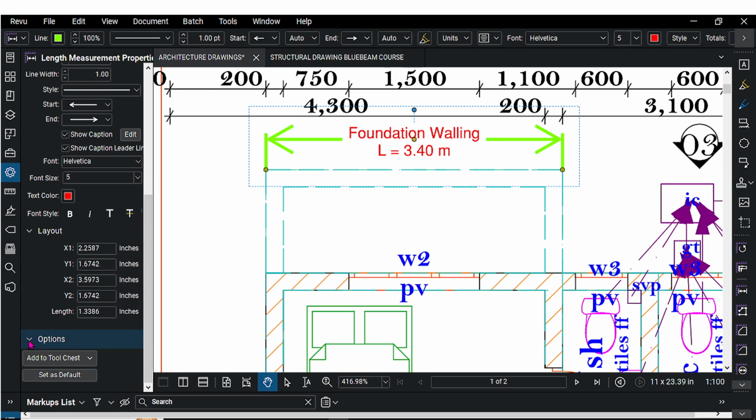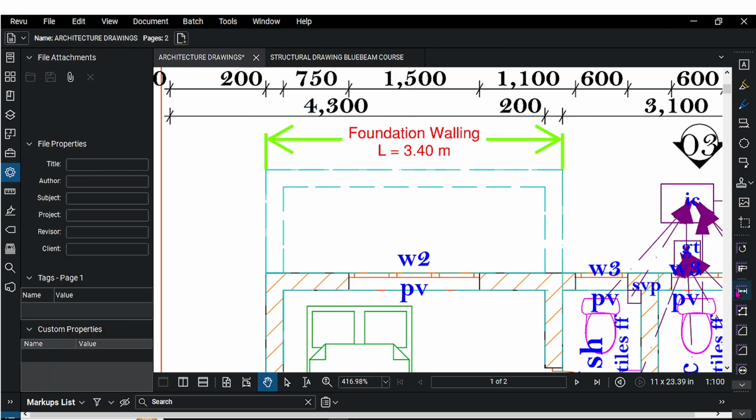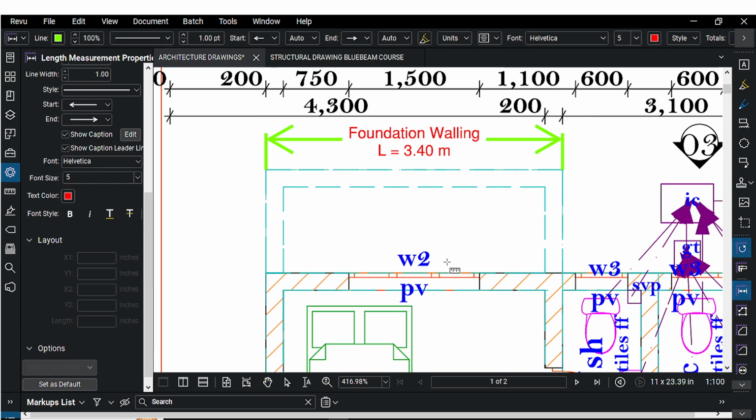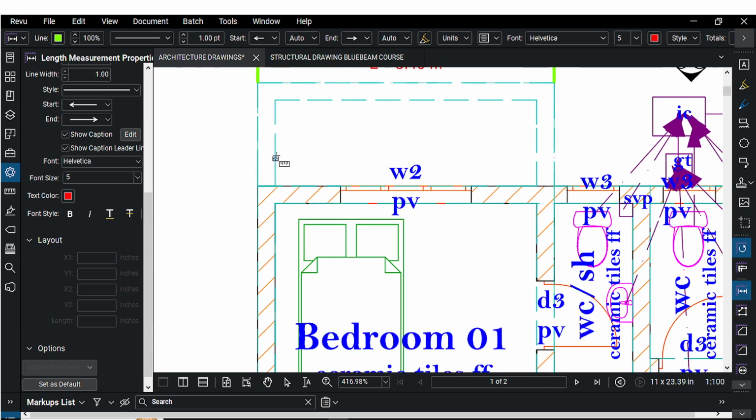And then you have the options here. You can add to tool chest. We are going to look at tool chest, and then you can set it as default. Now setting selected tool as a default, for example this length, if you set it as a default, it means that those settings that you've done are going to be the default settings. For example, if I click at default setting and I proceed and click at this particular length to start play or to add another length,